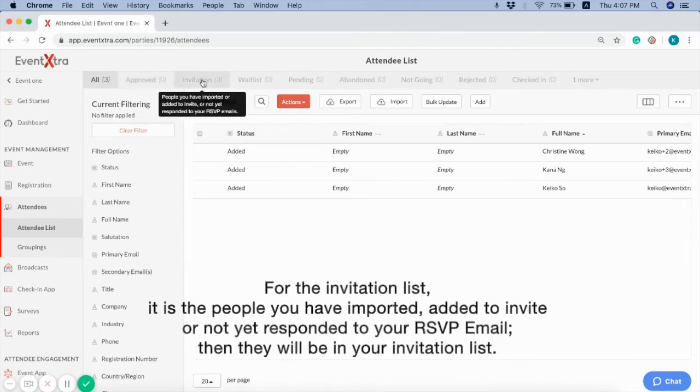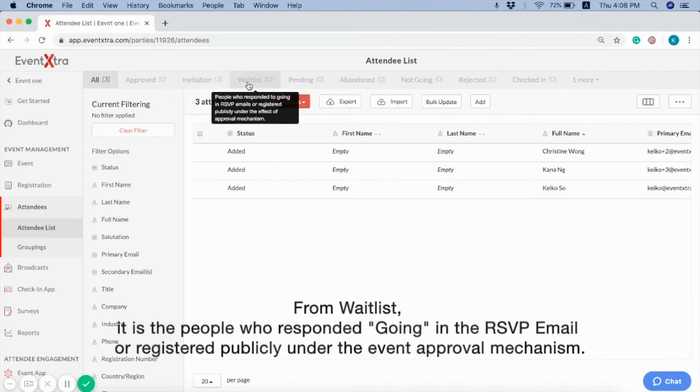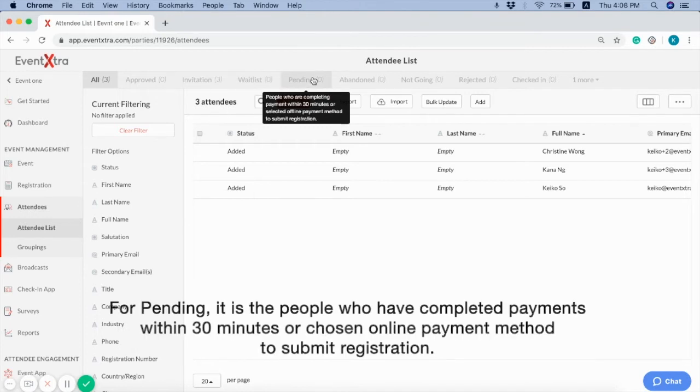For the invitation list, it is the people you have imported, added to invite, or not yet responded to your RSVP email. Then they will be in your invitation list. From waitlist, it is the people who responded going in the RSVP email or registered publicly under the event approval mechanism. For pending, it is the people who have completed payments within 30 minutes or chosen online payment method to